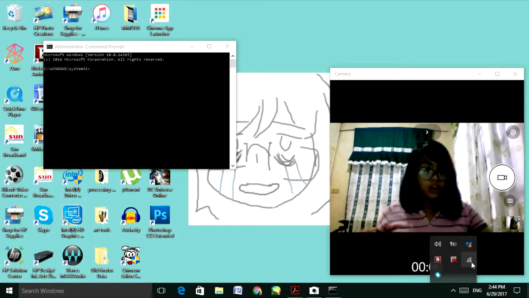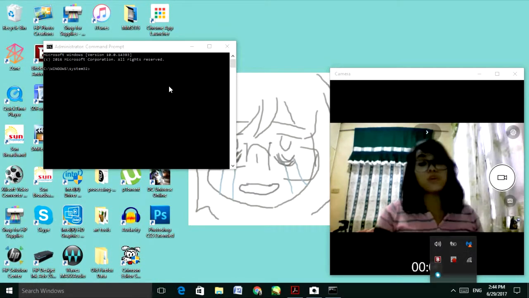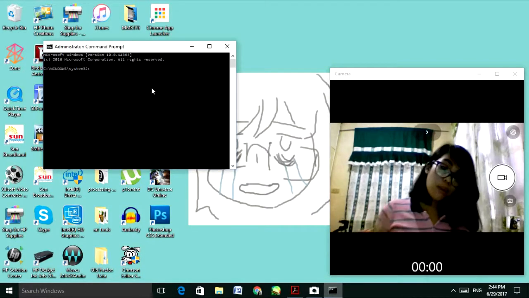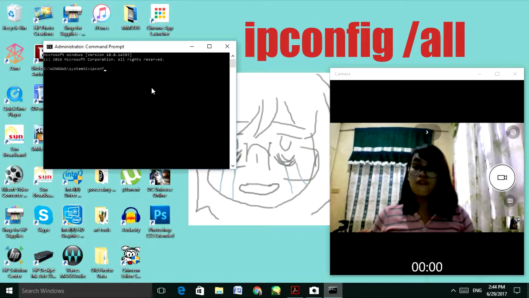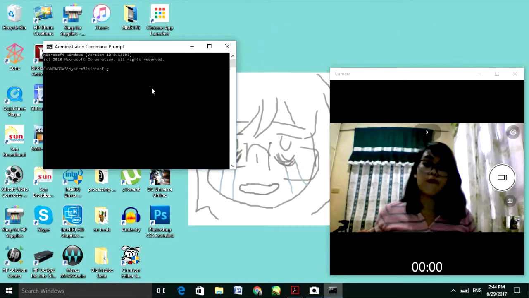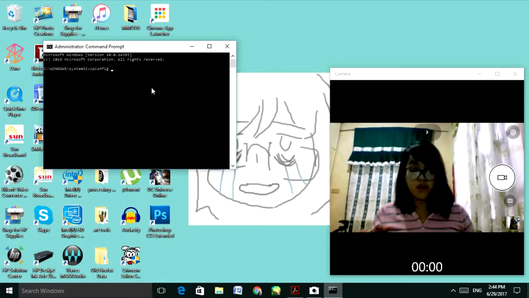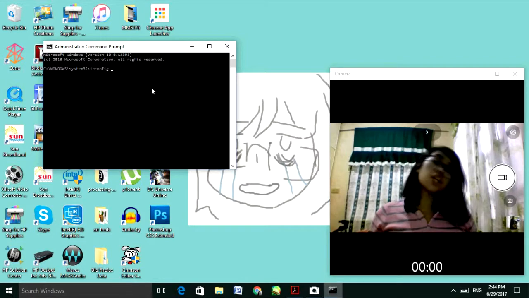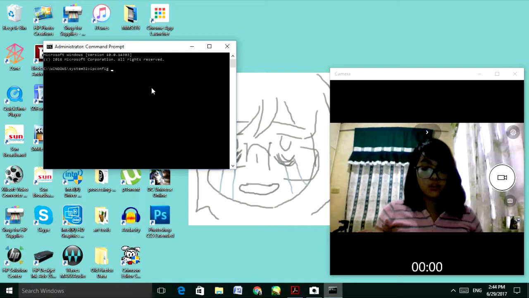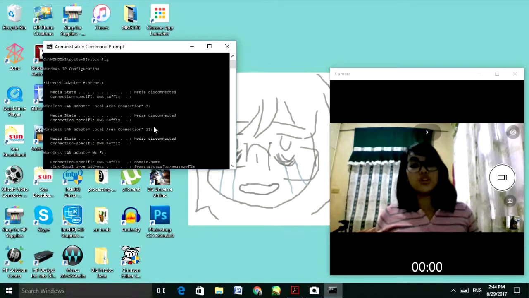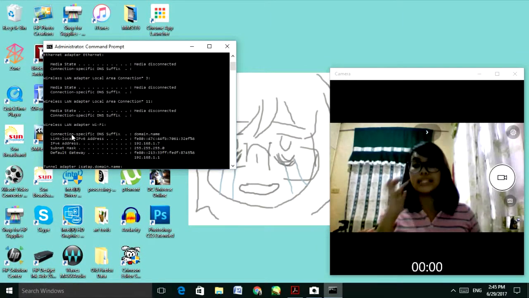So still, if you could not access the internet, then the next thing that you need to do is check if your computer is receiving the correct IP address, using the command prompt, which is ipconfig. Some people use ipconfig /all in order to show all the connections that are available on the computer. Or we're just going to be using ipconfig since it would give us the information regarding the connection that we have. We're using a wireless, so it would show here under Wireless LAN adapter Wi-Fi that we are currently connected to a default gateway, which is